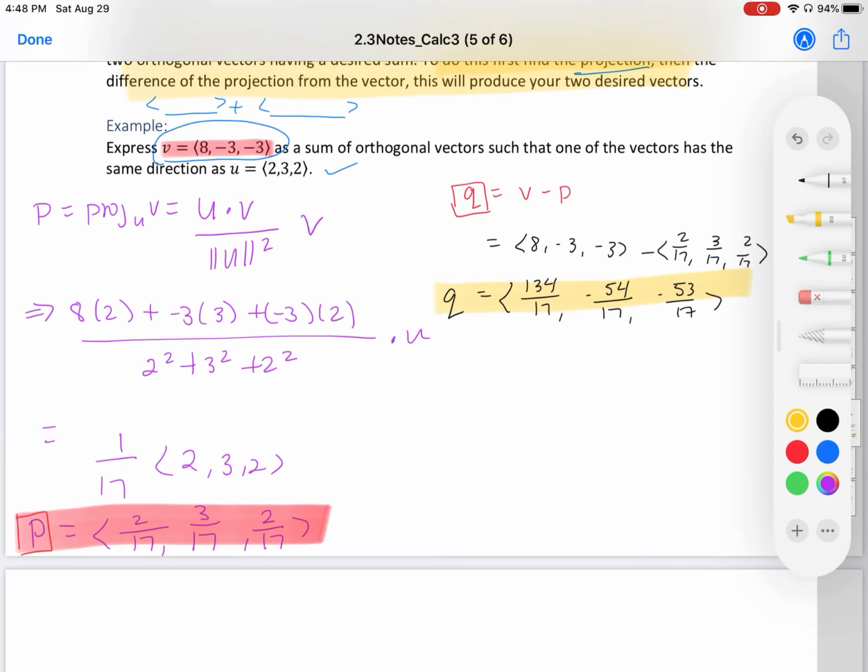All right, so this is a very loaded question. We now have two vectors that represent V. We have P and Q give us V. But it wants us to check that it's orthogonal. So to do so, another extra piece we gotta do, and I'll let you do this on your own. So take a moment, pause the video, and show the dot product of P and Q is equal to 0,